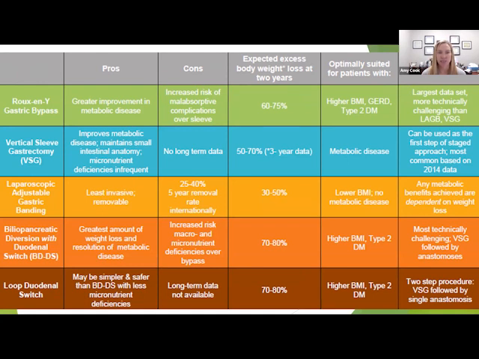Most commonly, we tend to see the sleeve gastrectomy or the Roux-en-Y gastric bypass, although on the bottom, the duodenal switches are starting to come up a little bit more because there's a little bit more weight loss with those. Gastric banding or the lap band has really fallen out of favor as it was originally least invasive, but it often ended up having too many side effects and needed resurgeries to remove it. So those have really fallen out of favor then too.